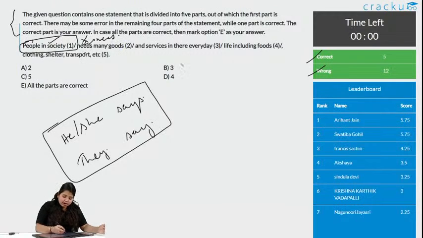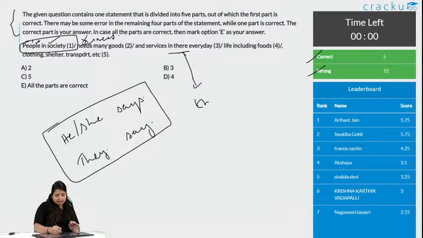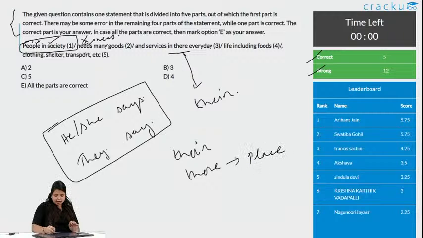Let's see the third part, goods and services in their everyday. So, this is talking about people. So, this there should be replaced by their. You know there are 2 types of there, their and there. This is for place. I am going there, I live there, and this is for